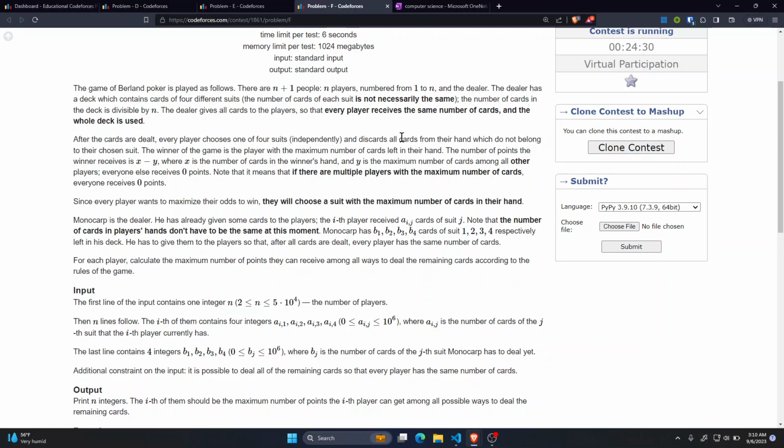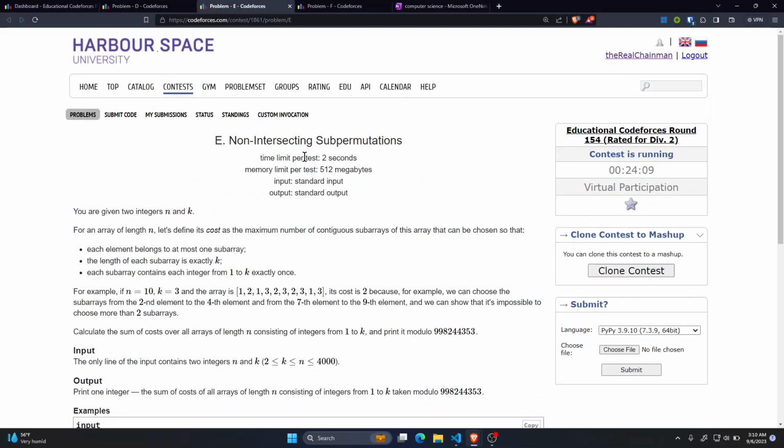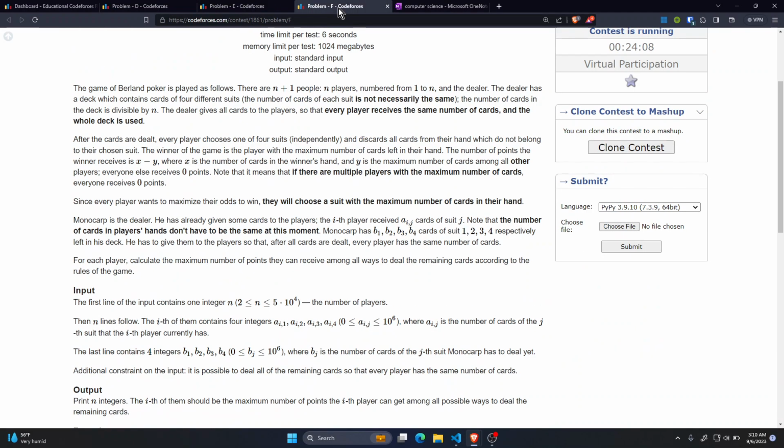So for each player, what does this mean? Let's see. I think